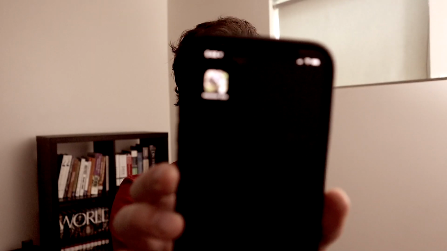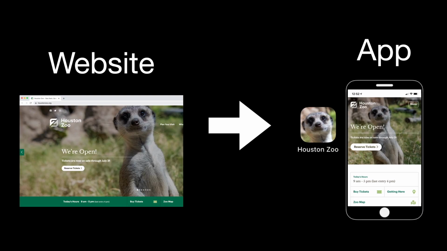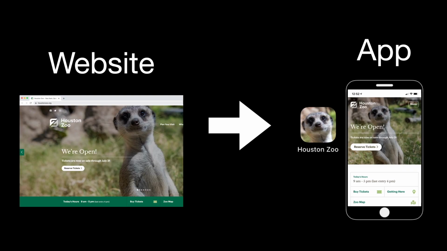You get an app that looks something like this, basically a website as an app. I'm going to show you how to convert your website into an app. This process is rather straightforward, more so than building an app from scratch might be. So if you already have an existing website, this is a great option if you want to build an app